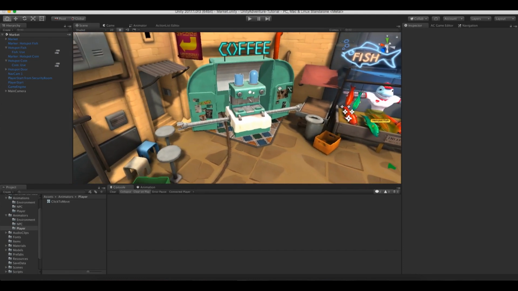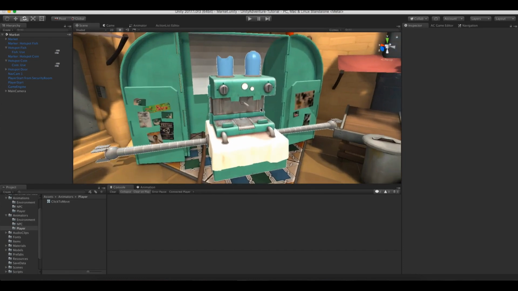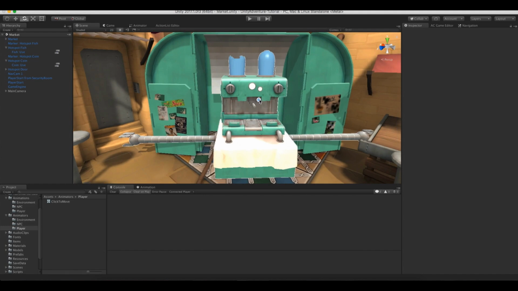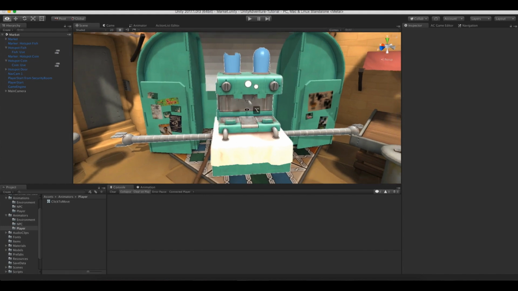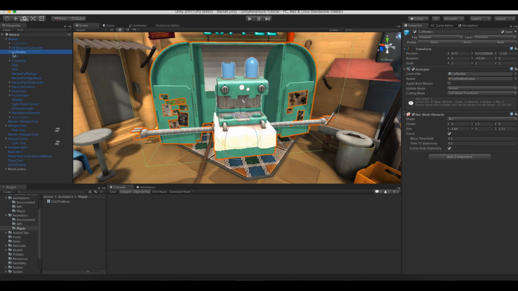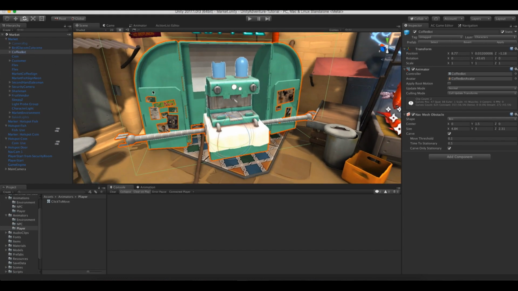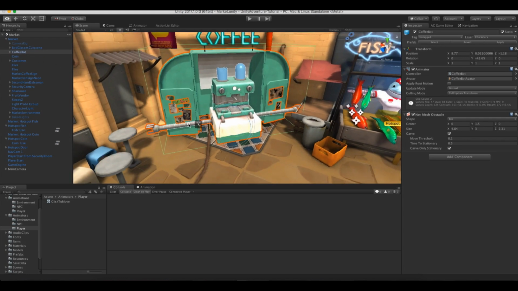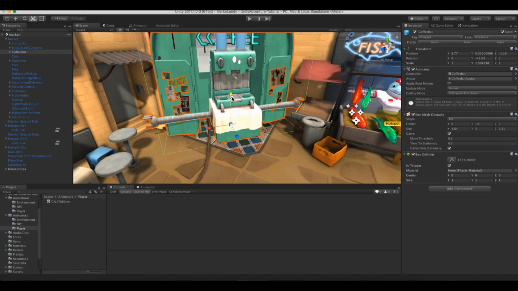Let's now go and work on this coffee bot. Now the coffee bot is able to speak. He has a line or a couple of lines. So we're going to make him an NPC as well. If I open up the market game object, we've got this coffee bot here. Instead of using the character wizard, I think I'll just add components manually. So I'll choose add component, and we want a box collider with is trigger checked, and I'll